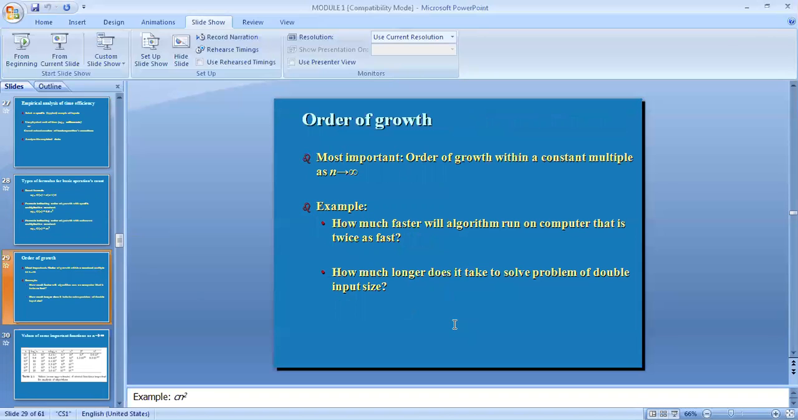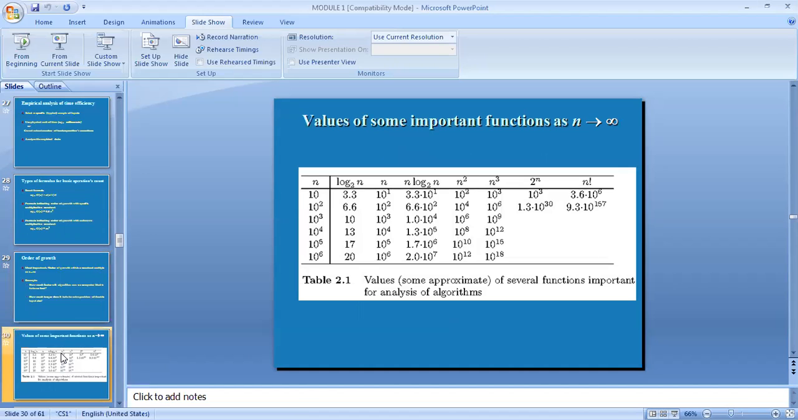How much longer does it take to solve the problem if we double the input size? Here we can see some iteration of values. The n values are 10, 100, 1000, 10,000 and so on. For that, the execution time of the various measures like n squared is exactly the exponent raised by 1. 10 means 10 power 2, and 10 power 2 is 10 power 4, 10 power 6 is 10 power 12,